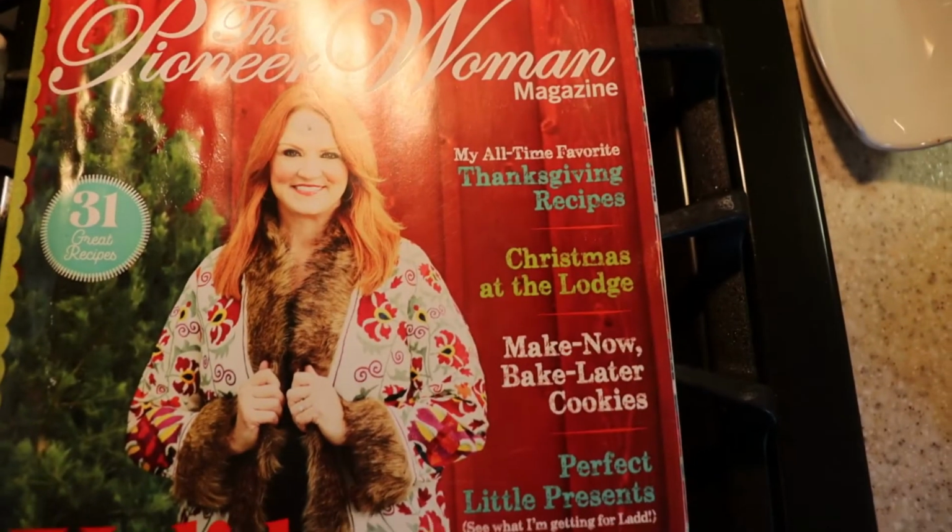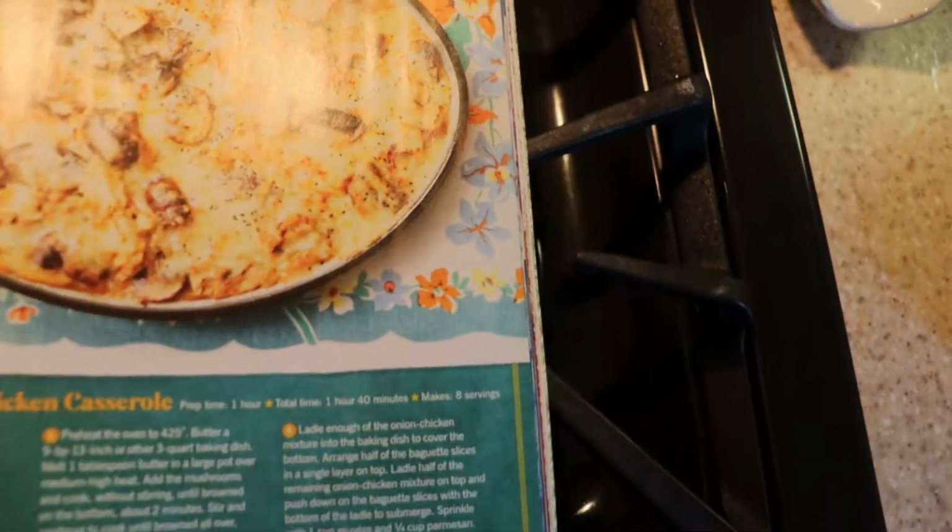So I will go ahead and show you guys the recipe, the ingredients you'll need, and then let's get started cooking this one, because clearly it's going to take long enough. I don't need to add time gabbing to you guys. All right, let's go. Okay, as you guys know, here is the magazine we're cooking out of this week,